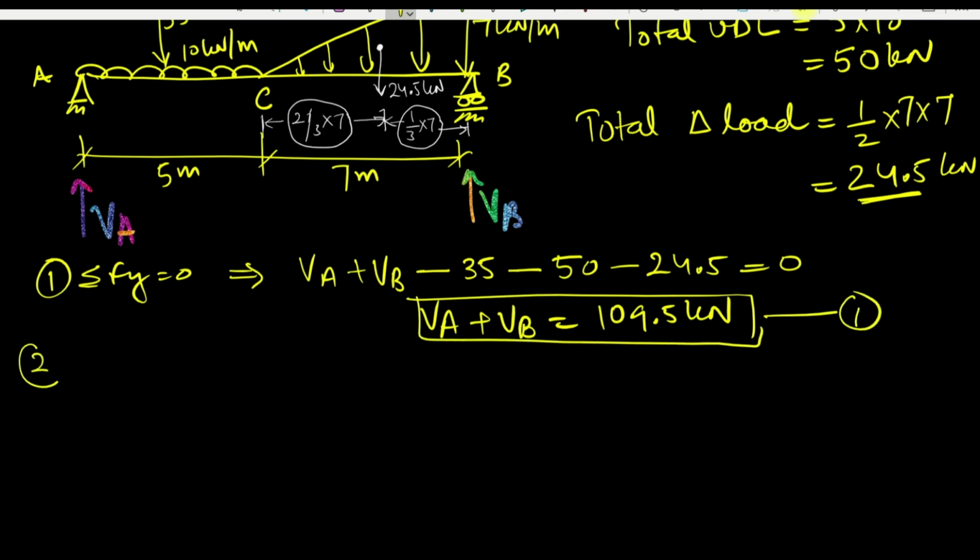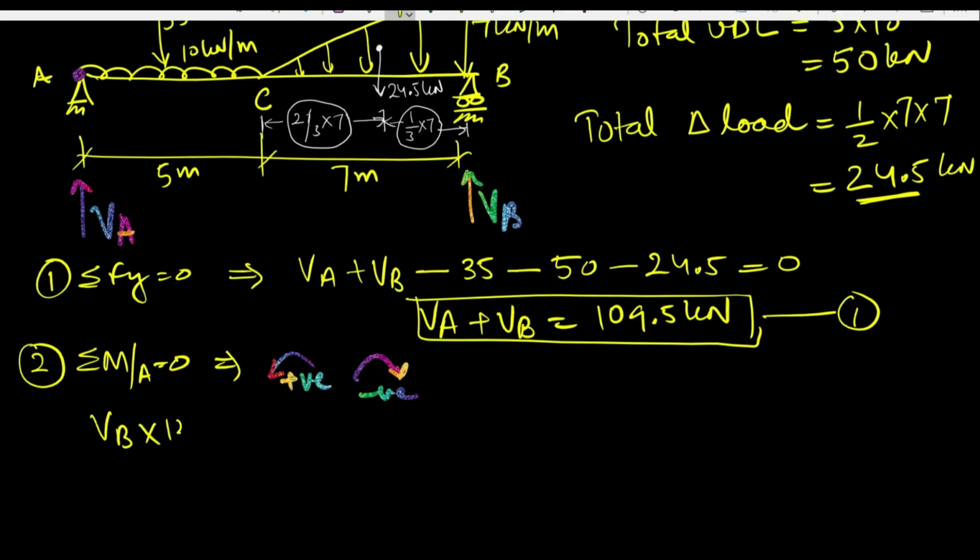Let us use the second equation of equilibrium, taking moment about point A. I am taking anti-clockwise moments as positive and clockwise moments as negative. So let us write the equation of equilibrium. There will not be any moment due to VA because it is passing through point A. So VB into 12 minus,